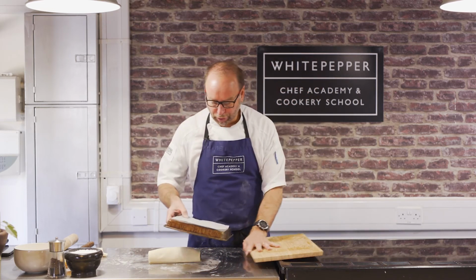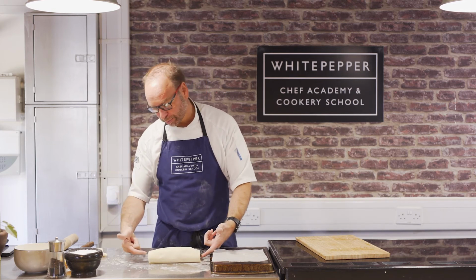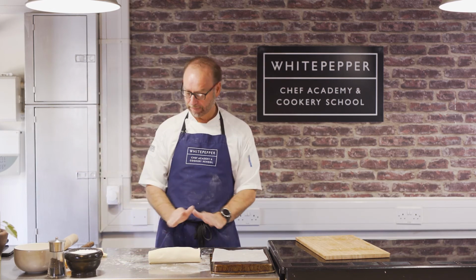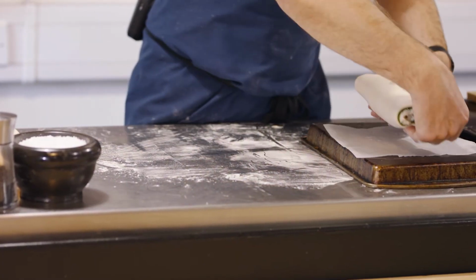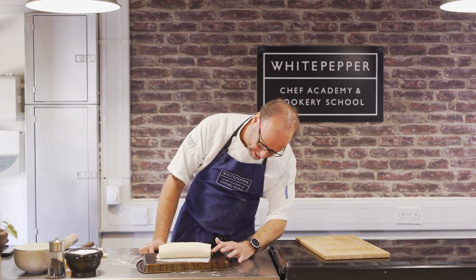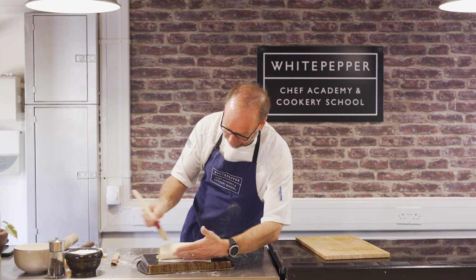Next stage is to take your tray, and I've turned it upside down, and the reason why I've done that is because I want this pastry to cook as quick as possible and have as much air as possible running through either sides. Now you can see both sides here are open. I'm absolutely fine with that. It's going to cook more evenly than rather if it was tucked down and you're creating steam. Carefully place your lamb onto your tray, turn it around, pinch the inside edges, brush and remove any excess flour,